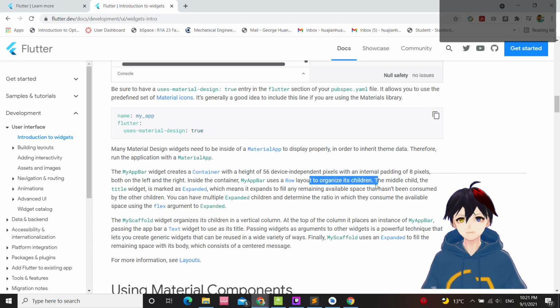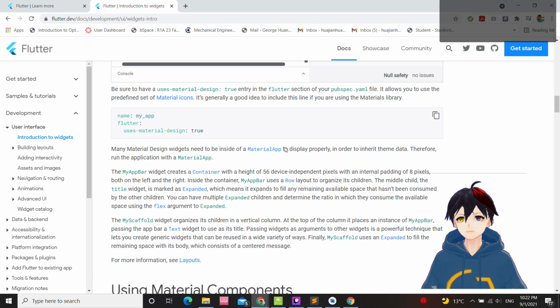There's a row to organize the children, and one is expanded to fill up the space. Scaffold.